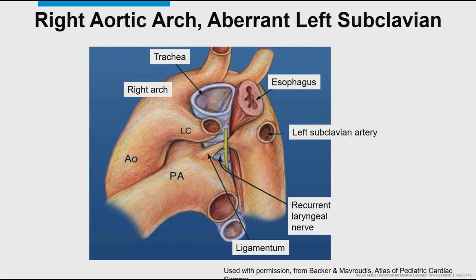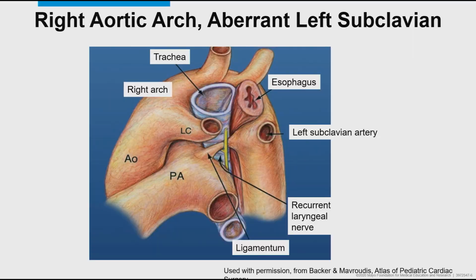Moving on to the other most common vascular ring, and this is probably the most common vascular ring, that's the right aortic arch with aberrant left subclavian artery. So here you can see the right arch again exists, and then on the left side, the first branch, instead of having an innominate artery, basically only gives rise to the left common carotid artery, and the left subclavian artery arises posteriorly from the descending aorta, usually through a diverticulum of Kommerell, which gives rise to the left subclavian artery.